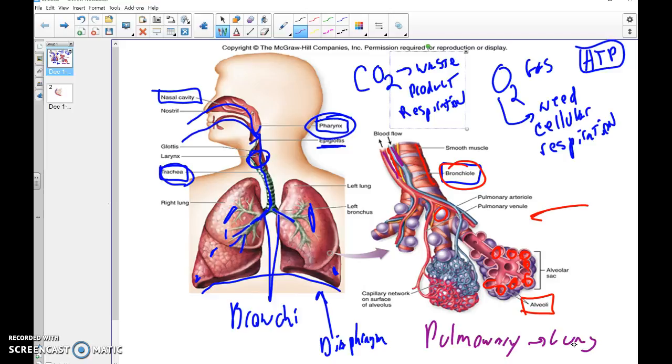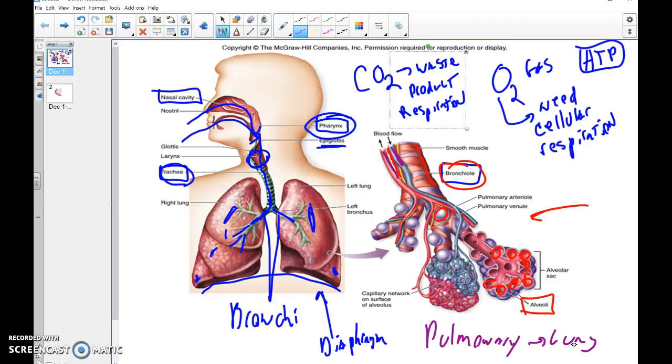And since there's oxygen in the alveoli and not in the blood, the oxygen dissolves into the blood. And then since there's carbon dioxide in the blood and not in the alveoli, carbon dioxide dissolves out of the blood into the alveoli. And then the blood gets pushed away. And so you have a constant stream of blood that does not have oxygen and does have carbon dioxide. So the exchange is always occurring one way.